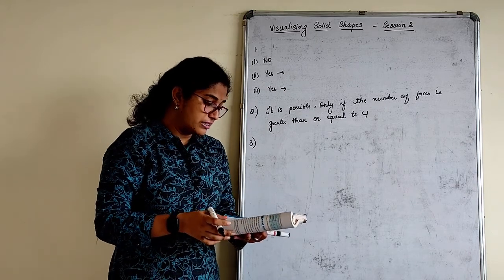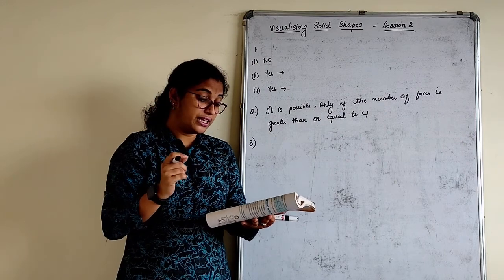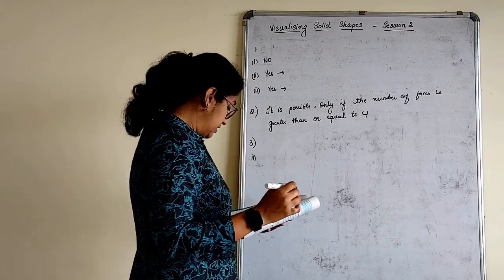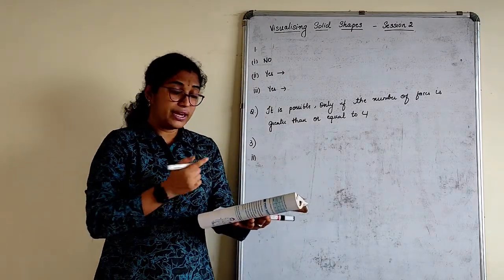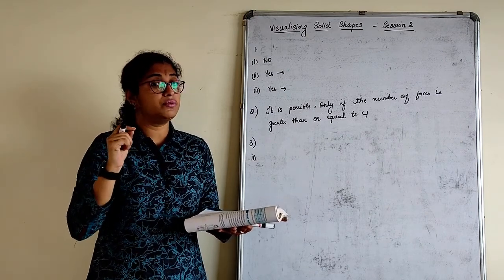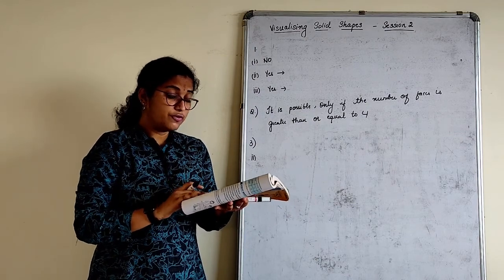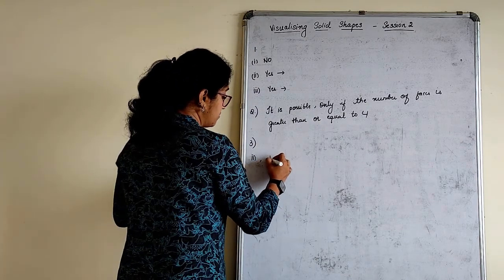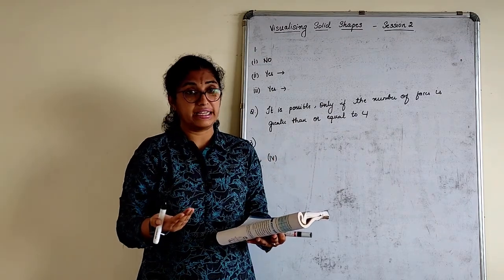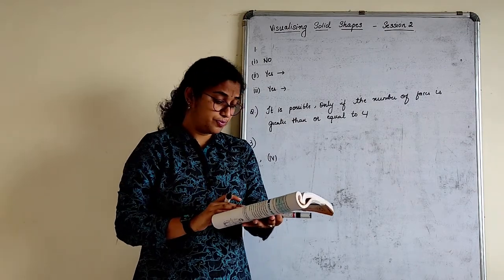So which of the following are the prism? Unsharpened pencil, that is second one. Third one is a table weight. Look at the shape of the table weight. It has a pointed end at the tip. Can it be a prism? No. It should have a flat surface. So third one is not. Look at the fourth one. It is a box. Is it a prism? Yes. Why? Because they have flat ends. That's all. You have to just answer unsharpened pencil and a box.